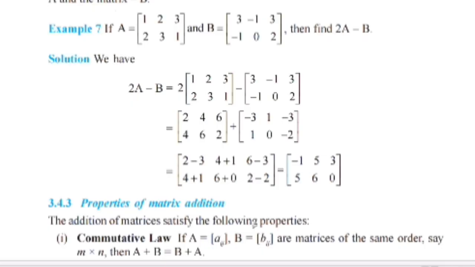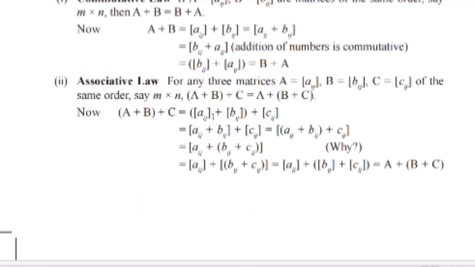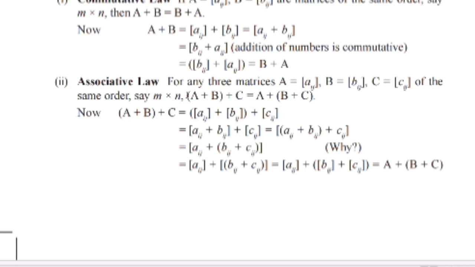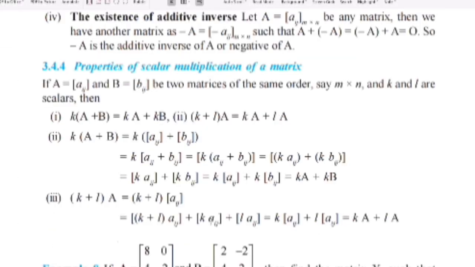Properties. See, the commutative law is true. It is A plus B is equal to B plus A. So when you add, either you add A and B or you add B plus A, both will be equal. Associative law is also true for addition. You can associate first A plus B, then C, or B plus C first, then A. A plus B plus C is also equal to A plus, in the bracket, B plus C. It is called the associative law. It is true always. The next is